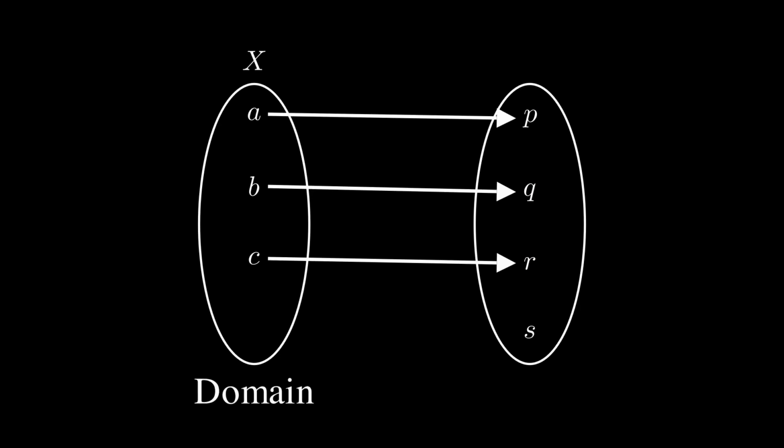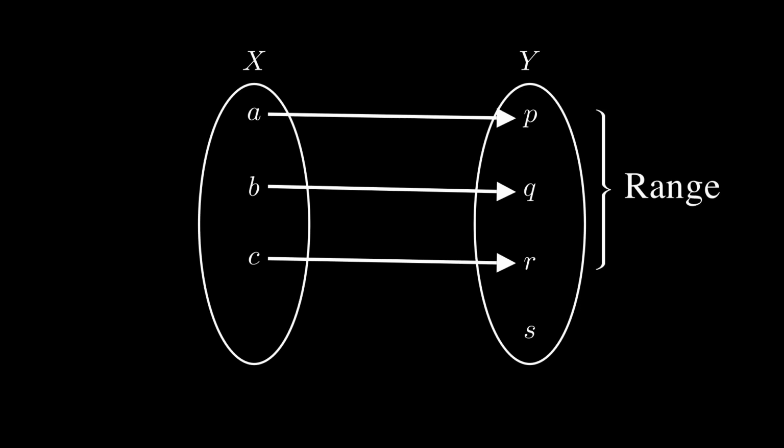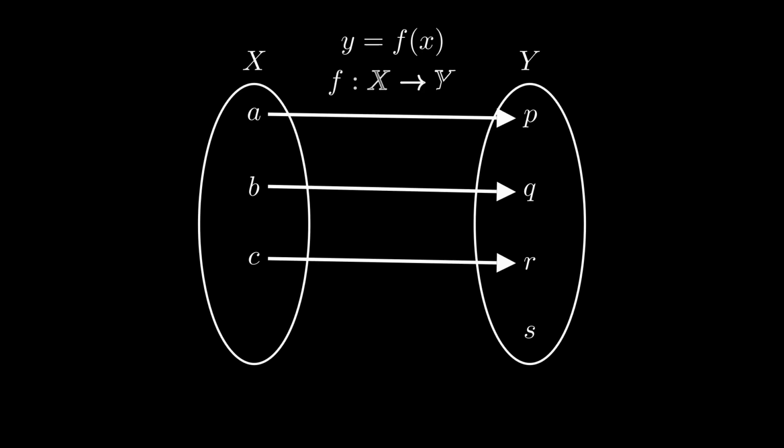The set of all possible objects of a function is called the domain, capital X, while the set of all possible images is called the codomain, capital Y of the function. Given a set of objects, the range of a function is a set of images that can be mapped by the objects. Note that the range is part of the codomain in this case. Functions are usually represented by the notation y equals f of x or f maps x to y.